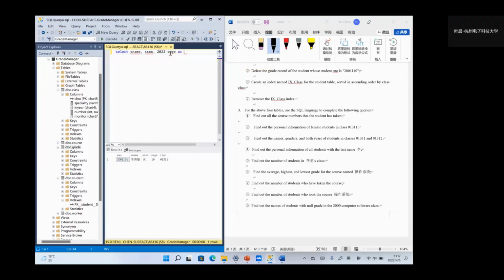So we give it as an expression. It doesn't have a column name, so we give it a column name as birth year. And here, from student, where